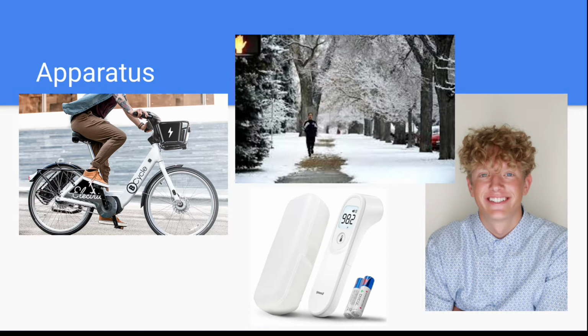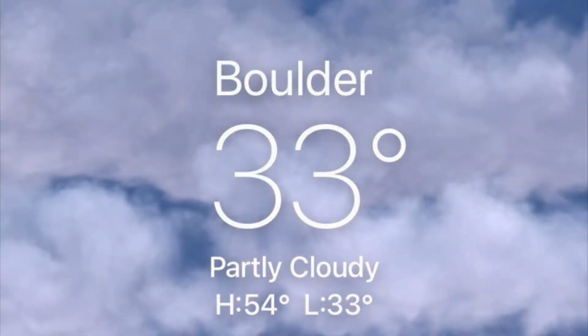The first step through this experiment is to define our initial and our boundary conditions, which we will do using the thermometer and the initial conditions of my skin and the outdoor temperature. The outdoor temperature at the time of the recording was 33 degrees Fahrenheit in Boulder, which was definitely uncomfortable and made my face hurt. Taking our initial skin temperature,